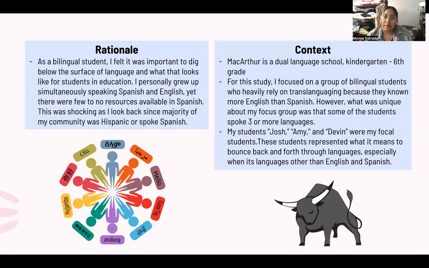So again, it was that interest of knowing how he's able to build understanding through the material and really use translanguaging to his benefit, to his advantage. That back and forth and how it looks like for him versus other students. And overall, again, really focusing on language and going beyond code switching. I just really wanted to focus and hone in on what's happening, what's the process, what does it look like.